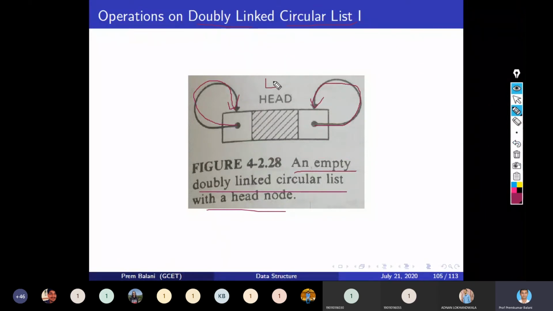So L equal to R means my doubly linked circular list is empty. But in a doubly linked circular list, we do not maintain the L and R pointers because it is a circular list. We maintain only one pointer, and that is the head. So let's go ahead.